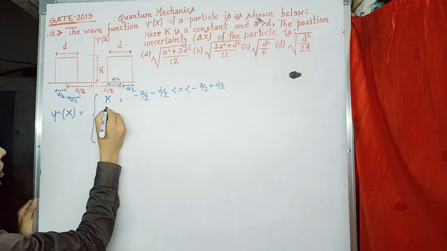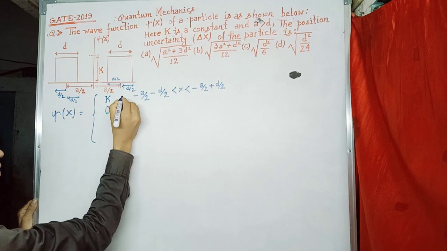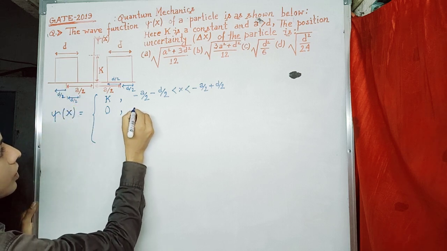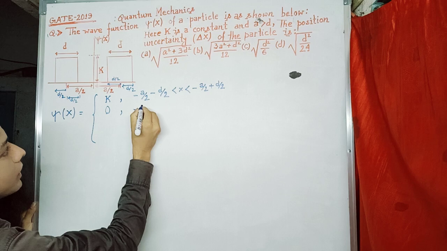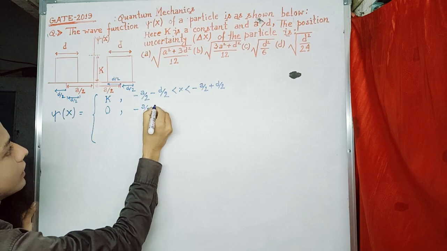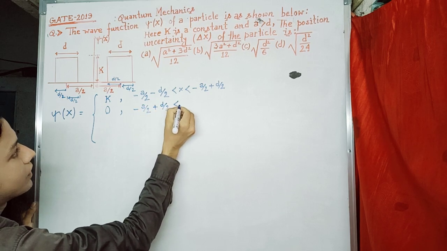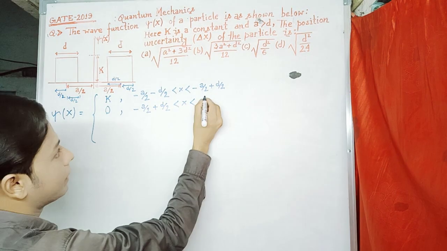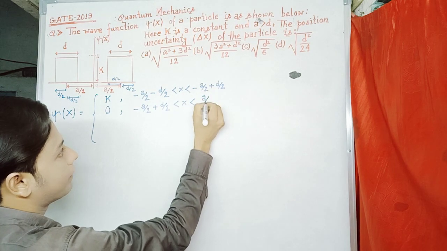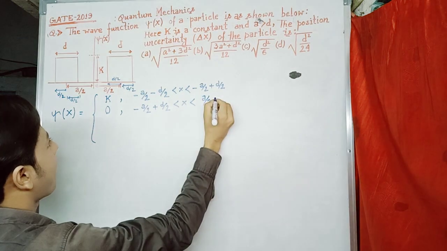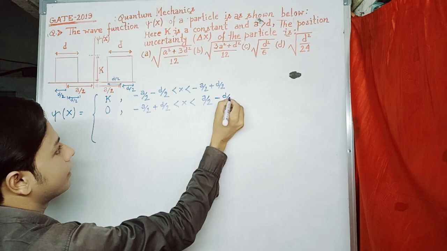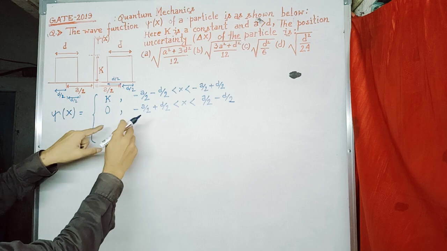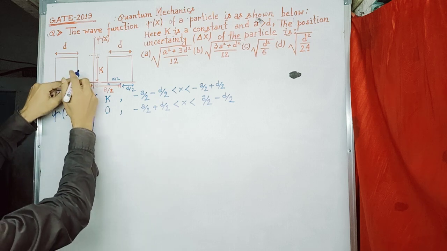After this region the value will be equal to 0, and its range is minus a divided by 2 plus d divided by 2 less than x less than a divided by 2 minus d divided by 2,